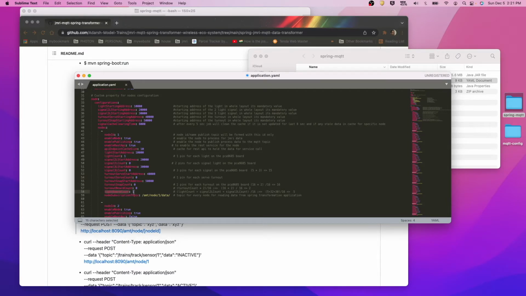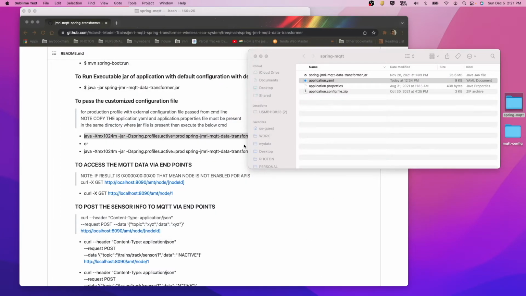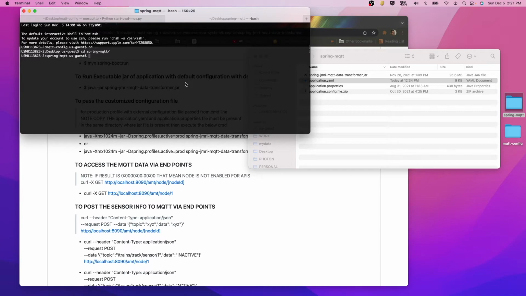Total number of board count, we need light board only 1, and total number of snap turnout boards count will be 0, total number of turnout board count will be 0. So this looks good. So we can just copy paste this and we can start our application.